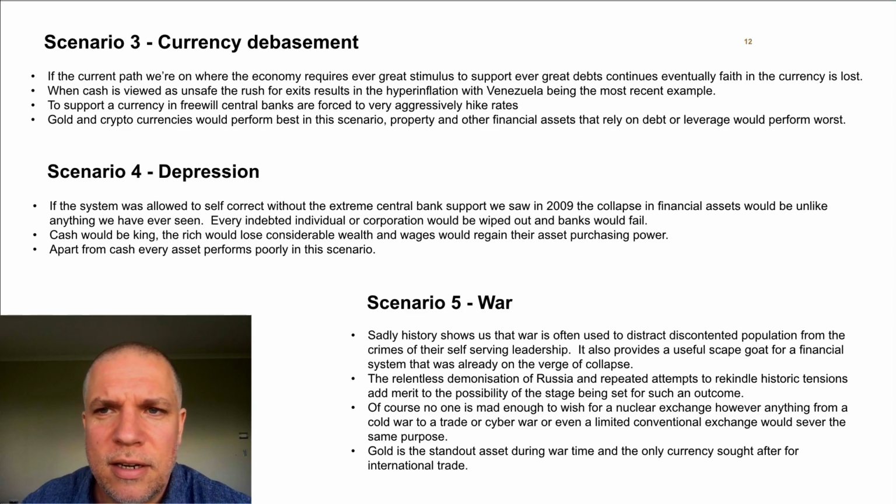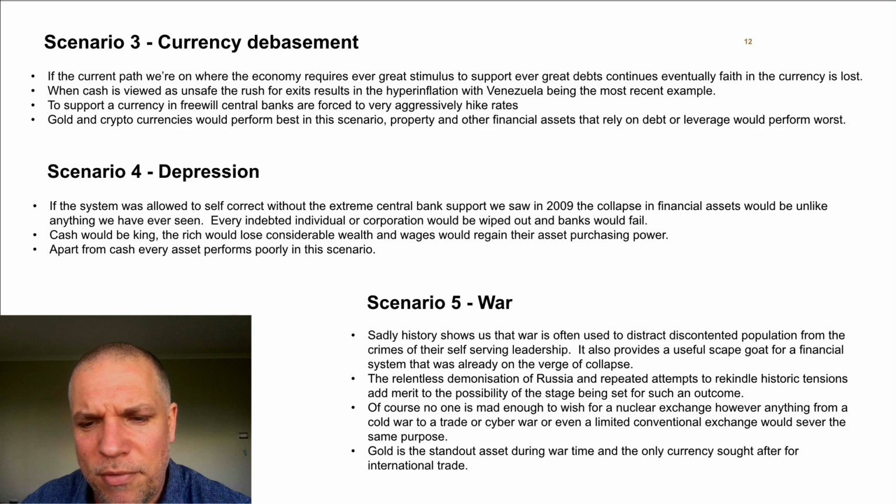Financial stress can increase tensions with countries. Trade wars, like we're seeing now, can ultimately lead to outright war if you're not careful. But historically it has also been used as a way out when the ruling class has a lot of corruption and the systems become totally financially unsustainable. It is an easy way to distract the masses and cover over. It gives them the scapegoat. It allows them to effectively reset the system without taking the blame for it. So it can be useful in that way, and it could be orchestrated in that sense.